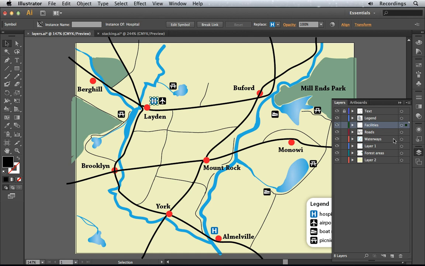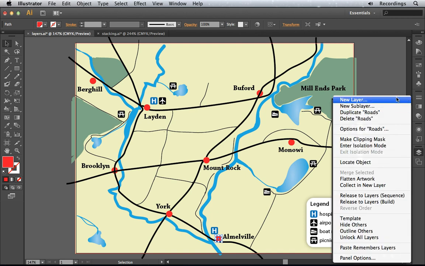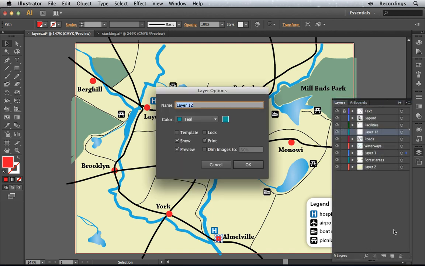I'd like to place the red dots that indicate the towns into a separate layer. If I select them, I notice that they appear on various layers throughout the document. So let's start by creating a layer first of all. We'll just place our cursor on the roads layer and click it to activate that, and from the layers panel menu choose New Layer. We can also click the new layer icon here or press Alt or Option and click that little icon. Let's name this layer Towns,